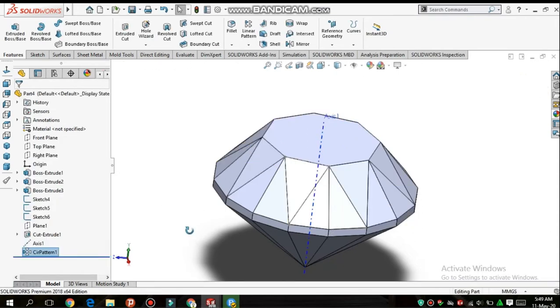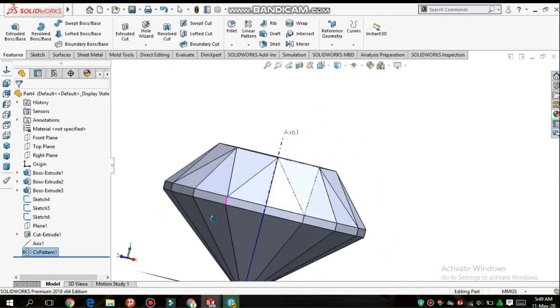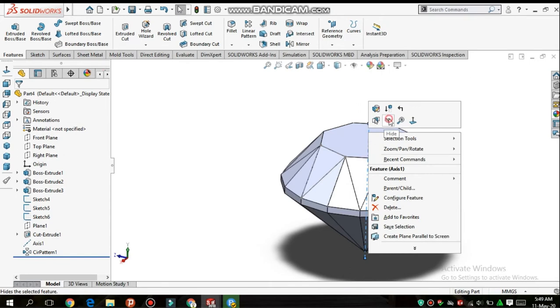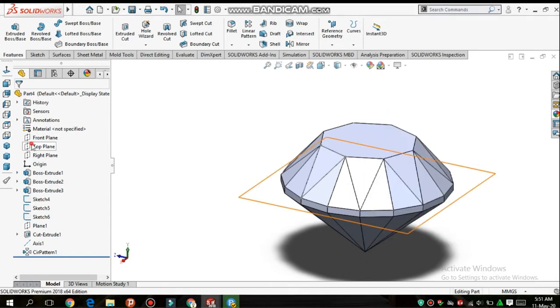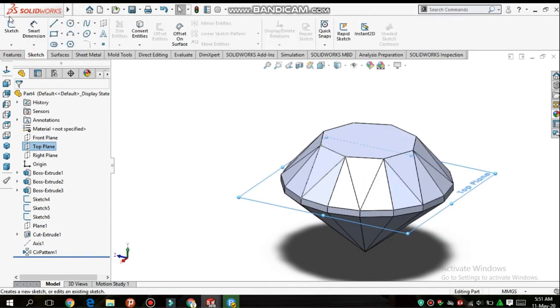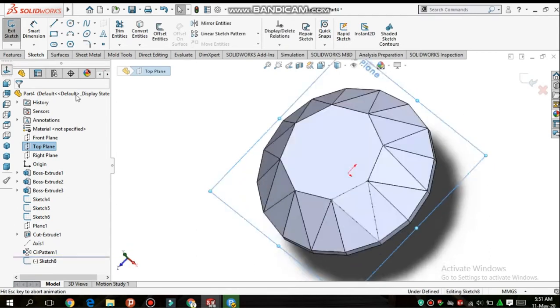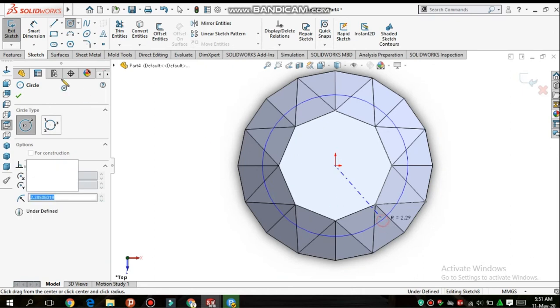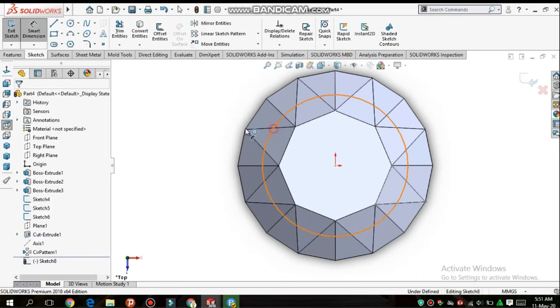Now you can see our diamond shape is almost complete. So I'll hide this. Now we'll select the top plane, sketch and select the circle command and draw a circle here. Smart dimension, adjust it up to 6 mm.